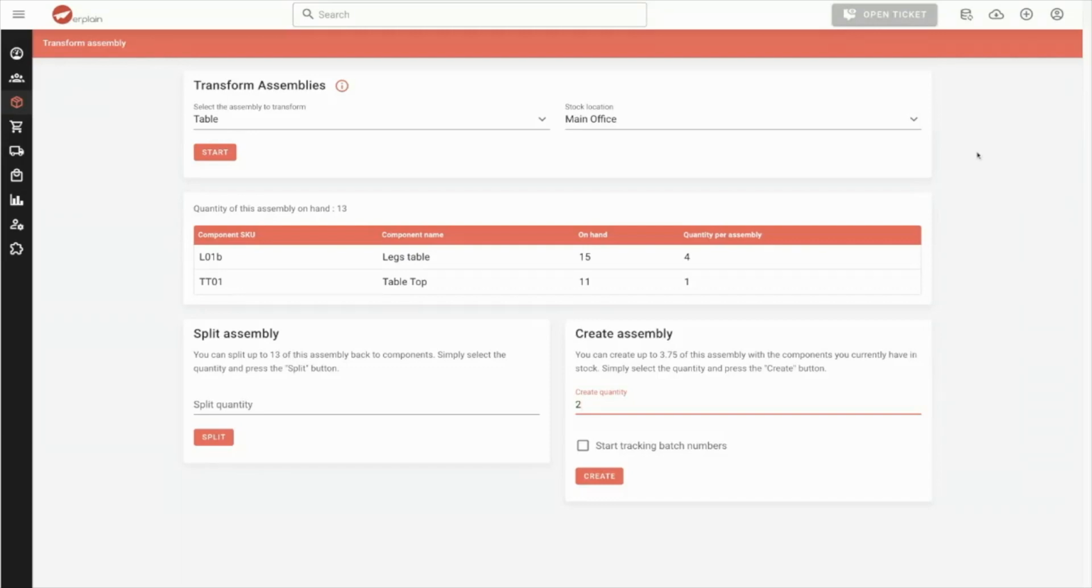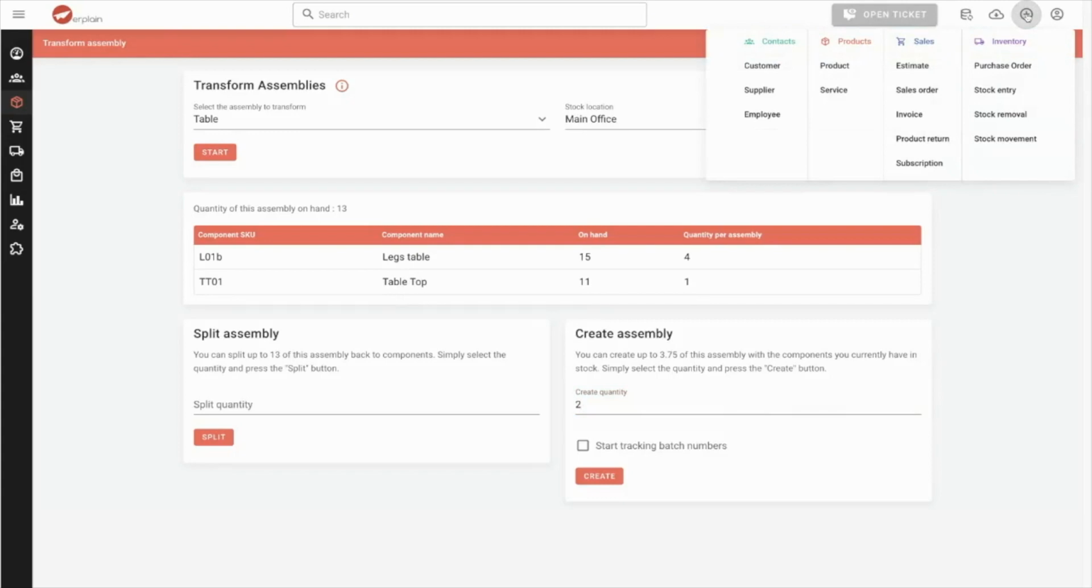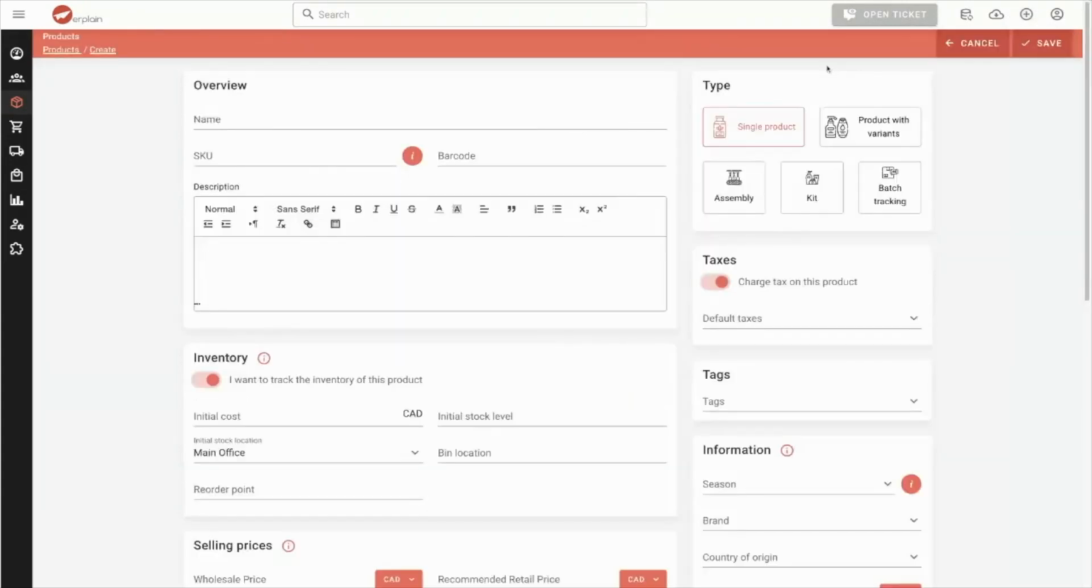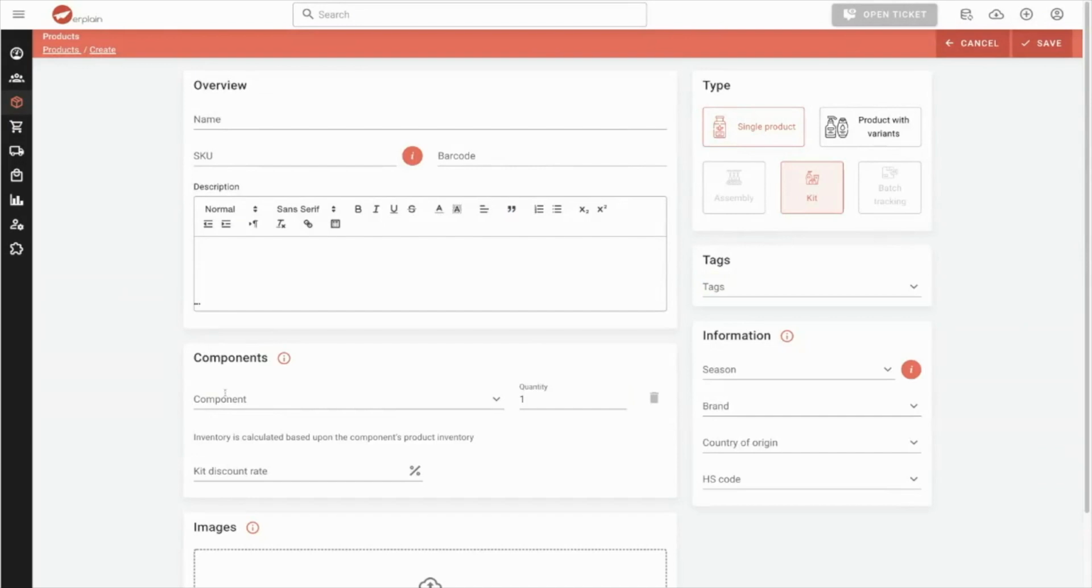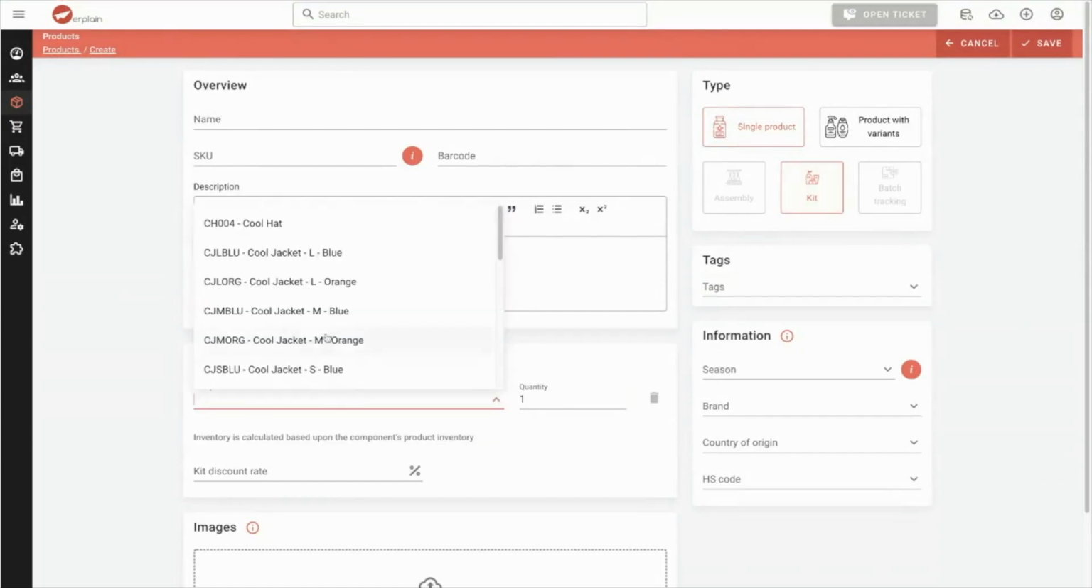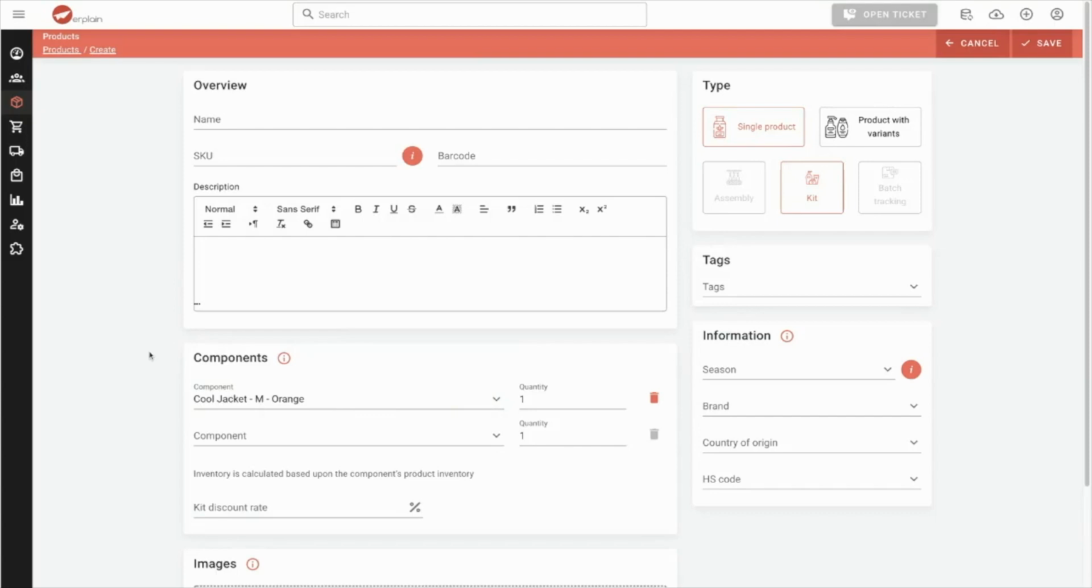The other type of bundle is the kit. So if I go back on my product form, I can select kit. And if I select kit, I can also select my components. It works the same way. But the kit is a virtual product. That product doesn't really exist. That means that if I sell that product, I sell directly the inventory of my components because that product doesn't